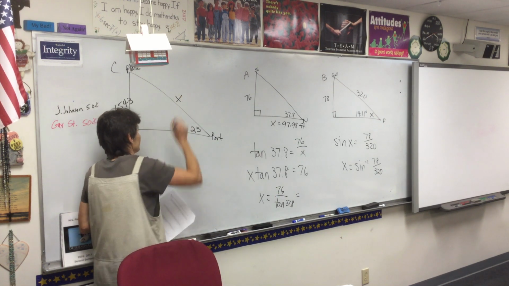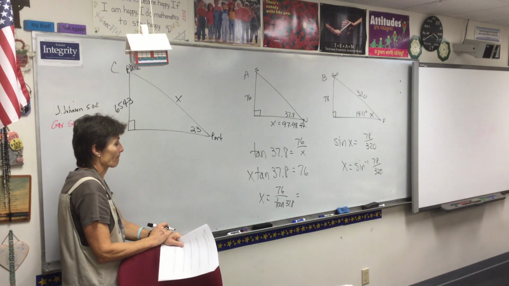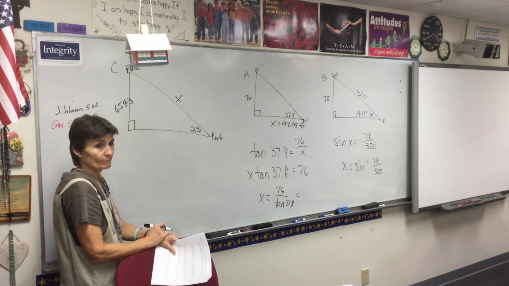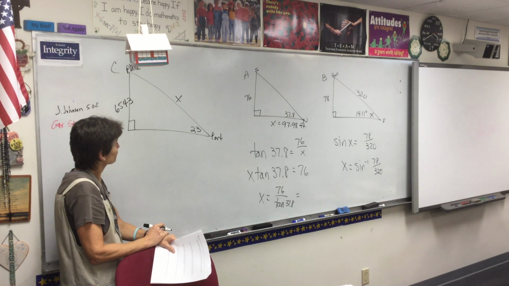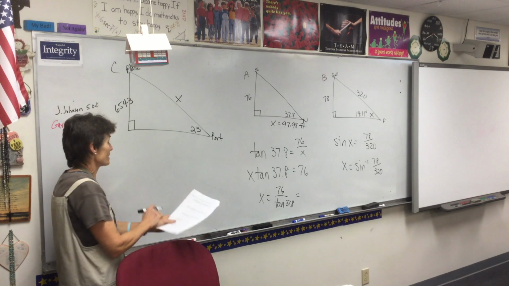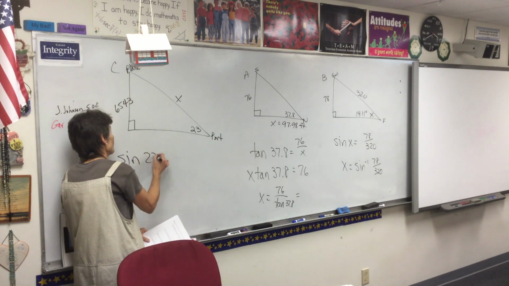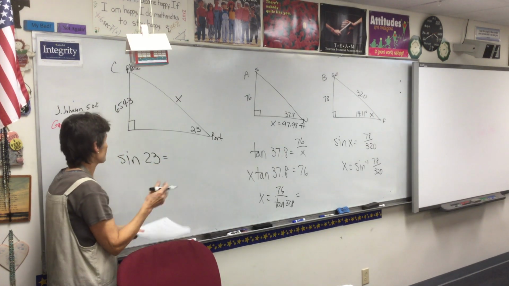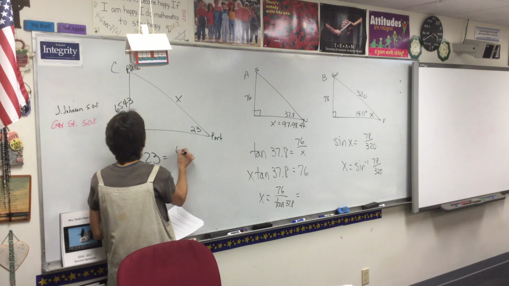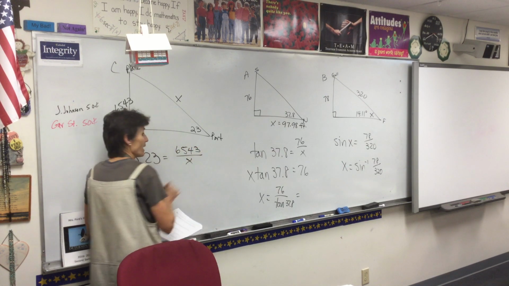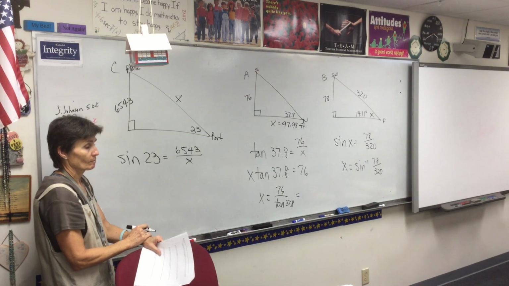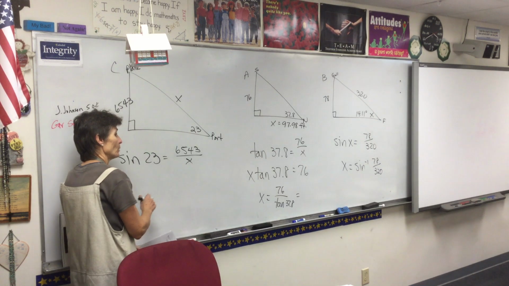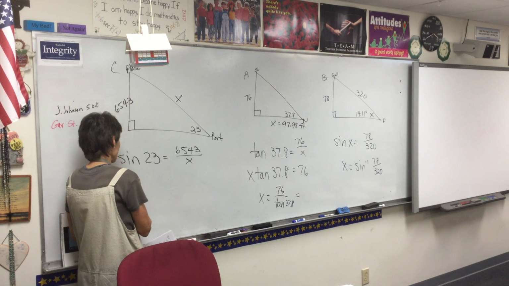Hypotenuse. Equation? Sine. Sine 23. Remember, the angle always goes with the sine, or tangent, or whatever. So sine 23 equals 6543 over x. So to solve it, we will bring the x over